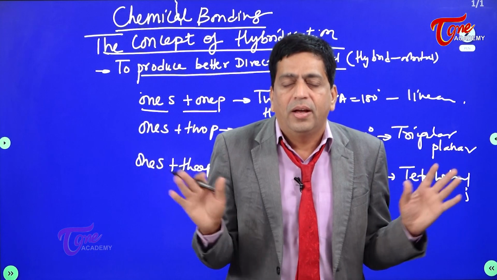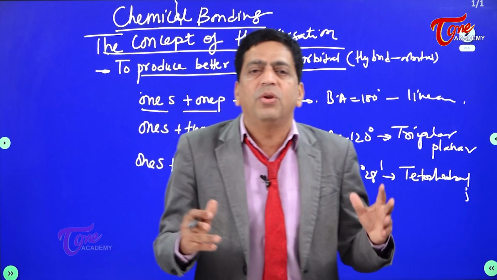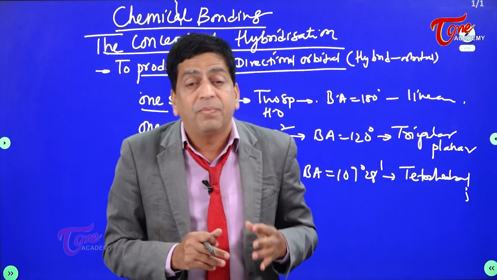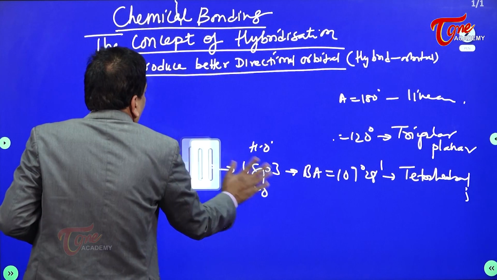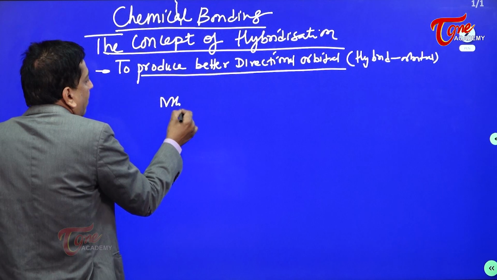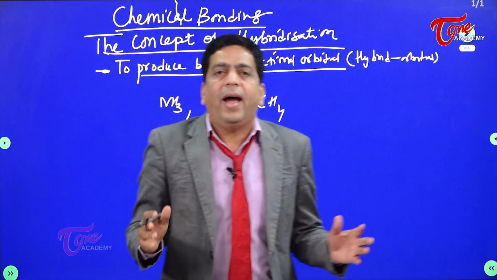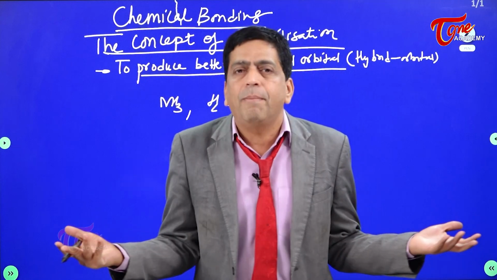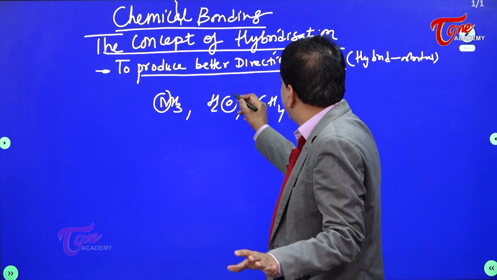You must understand, right? Let me get into some examples and explain all these sp3, sp2 and sp beautifully. But before that, we have issues. A student who wanted to write the exam wanted to know a few things. I give ammonia, water, methane, and the student wants to know which type of hybridization takes place. For example, in this nitrogen, which hybridization is taking place? Here it is oxygen, here it is carbon.